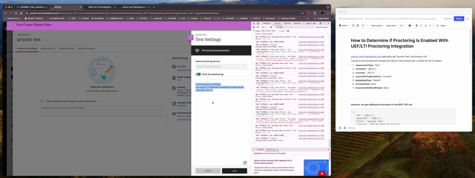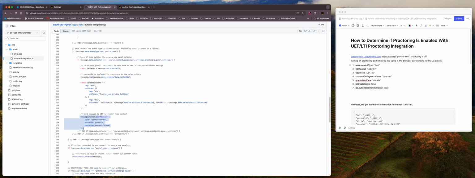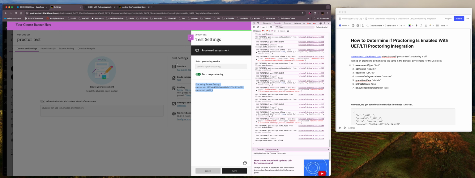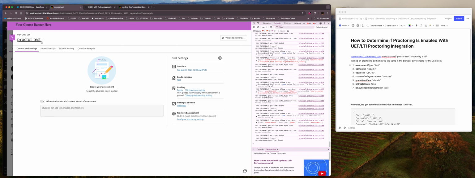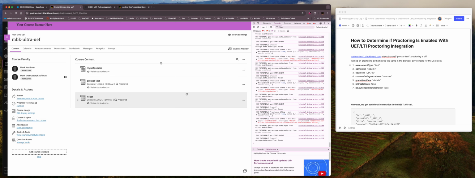And then in your tool you could set up additional settings on your tool. But if this area isn't here, if this portal panel event never happens, then you would know that proctoring is not turned on. So like if I go ahead and I turn this off, okay, and then I close the test settings and I close this test and then I come back to it,